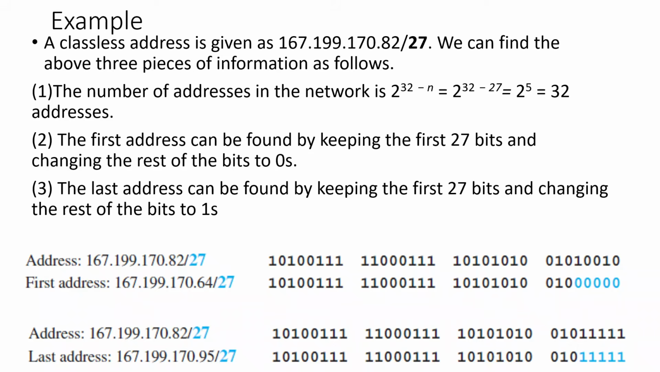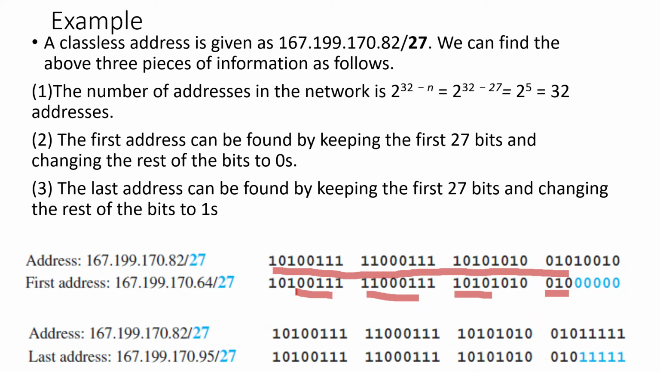This is the first 8 bits. Next 8 bits, 8 plus 8 is 16. Again this is 8, 24, and this is 3 bits, 24 plus 3 is 27. So in this given IP address, these 27 bits should be kept as they are, and the remaining